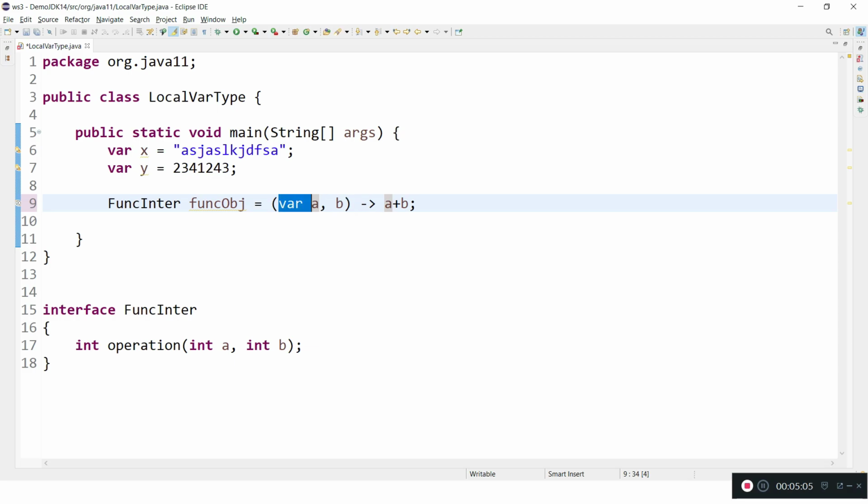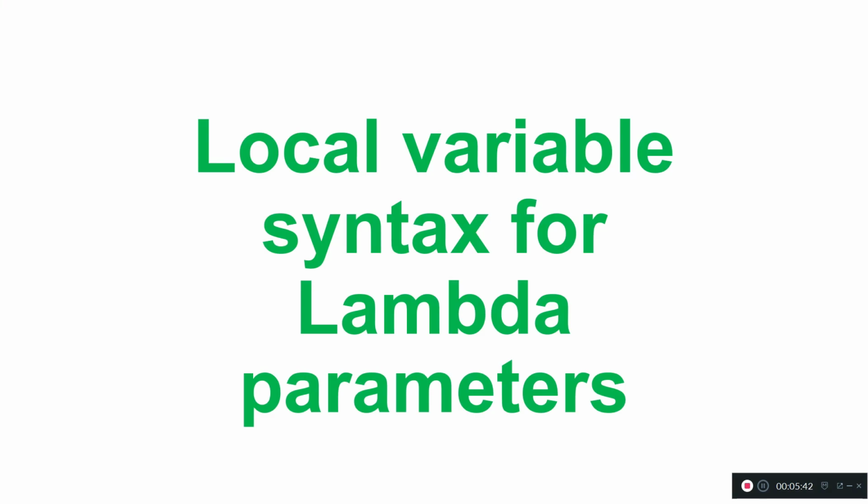And if you are using var, then you have to use the braces, starting and closing. If there is only one variable in a lambda expression, you might normally skip the braces, but if you are using var, then the braces are mandatory. These are the conditions for implementing local variable syntax for lambda expressions. This is not part of JDK 9 or 10, but in JDK 11 it is allowed for lambda parameters.